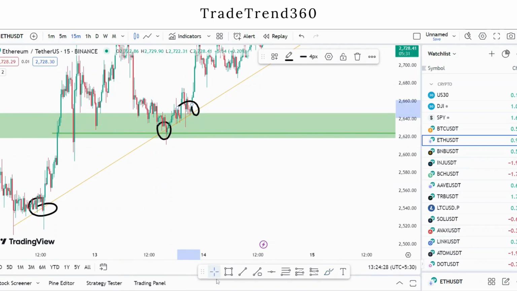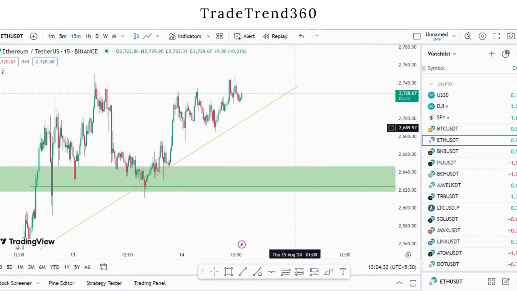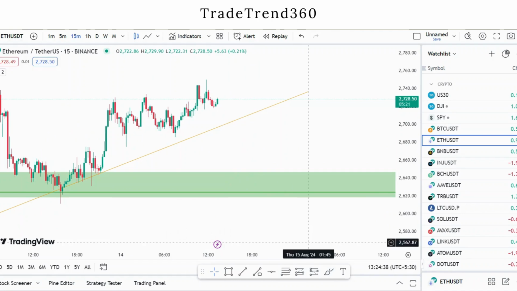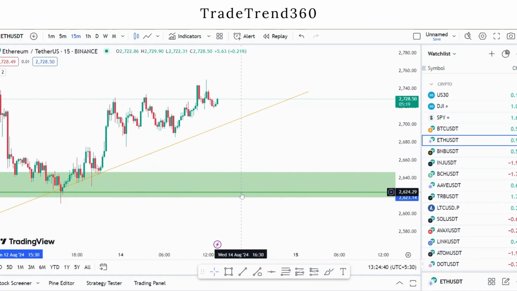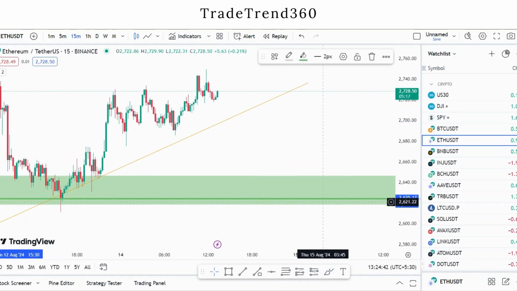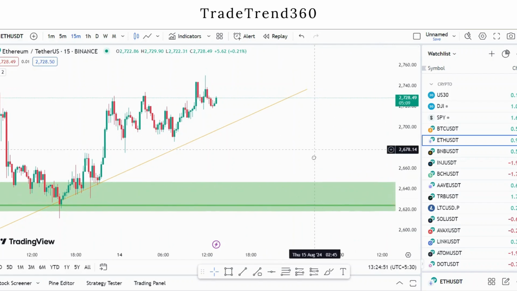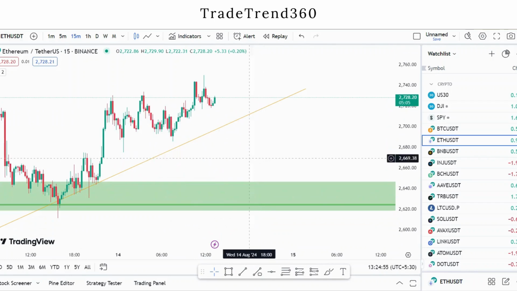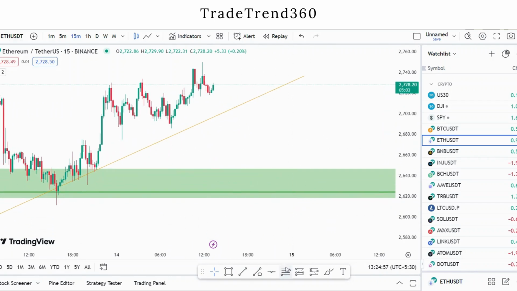We need to make sure that when this trend line breaks, many people are going to take the sell trade, but we need to be smart enough, not novice traders, and wait till the price comes here on this level. The supply demand zone that I have marked on the ETHUSDT is 26 to $50. Now when the price comes to this level, we need to make sure that we are actually placing a